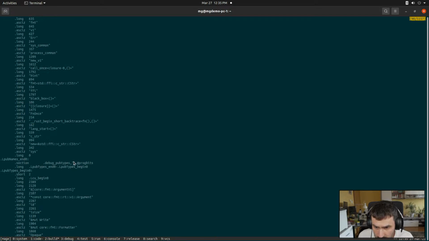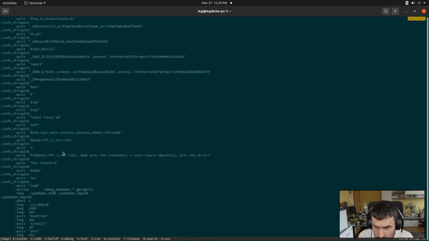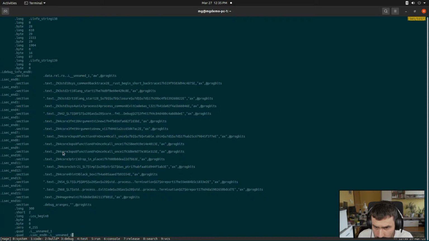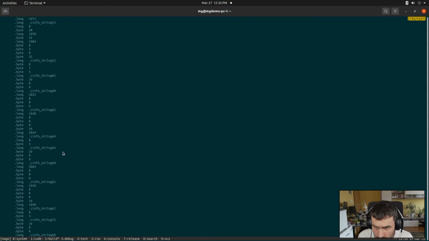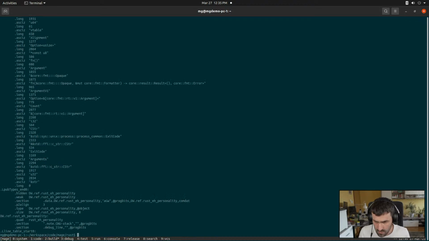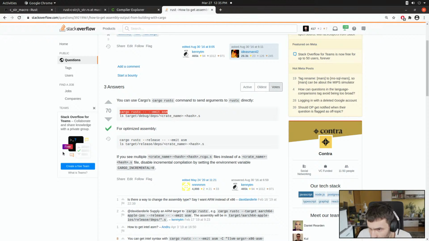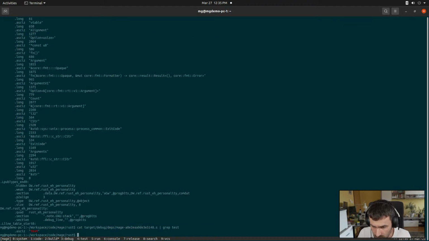This seems a bit better. Boom. Great. We have that label inside our code for optimized assembly. We have to add release. Great. So we do here minus minus